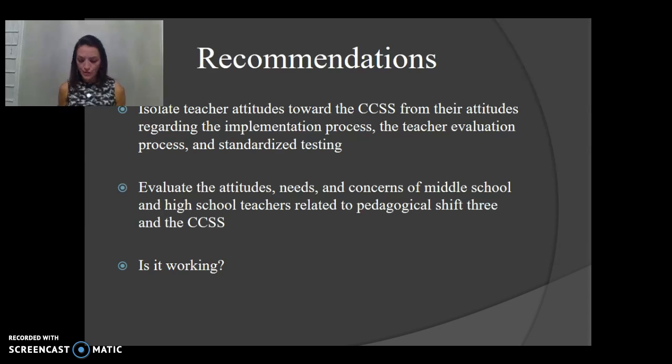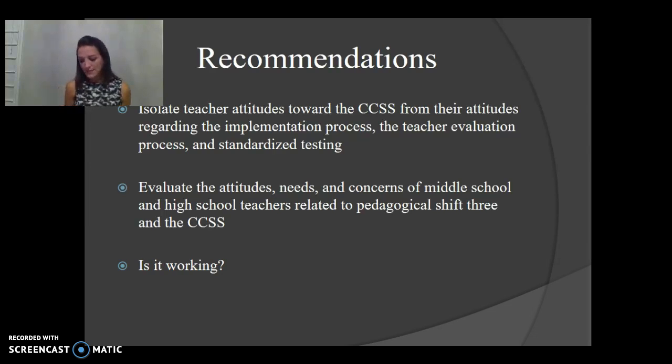Finally, further research should be conducted to quantify the effectiveness that this instructional shift has had on achievement. So example questions may include, how has the balance of literary and informational text impacted student vocabularies? How many minutes per day are students being exposed to informational text now in the Common Core state standards era? Is there a genuine balance between literary and informational text? Is that shift taking place? Is there fidelity in the classrooms?